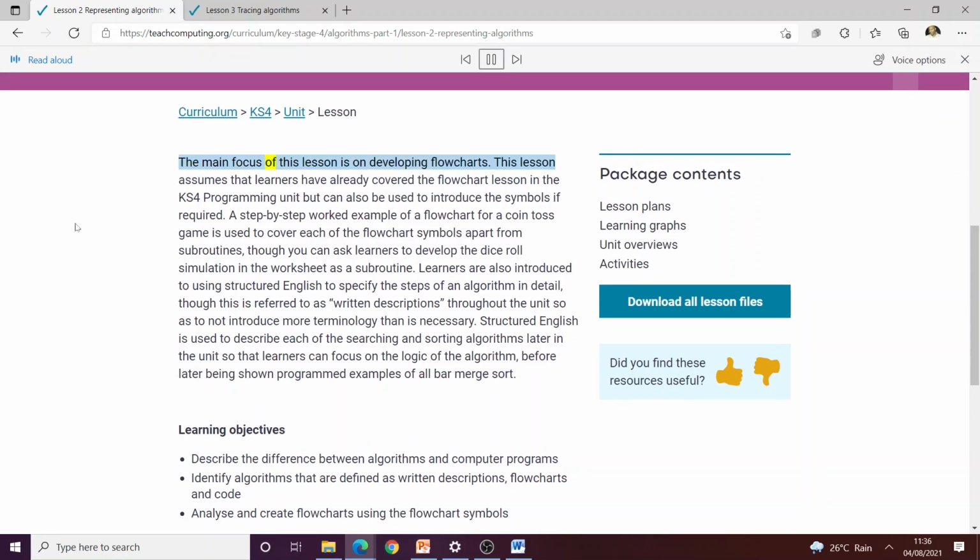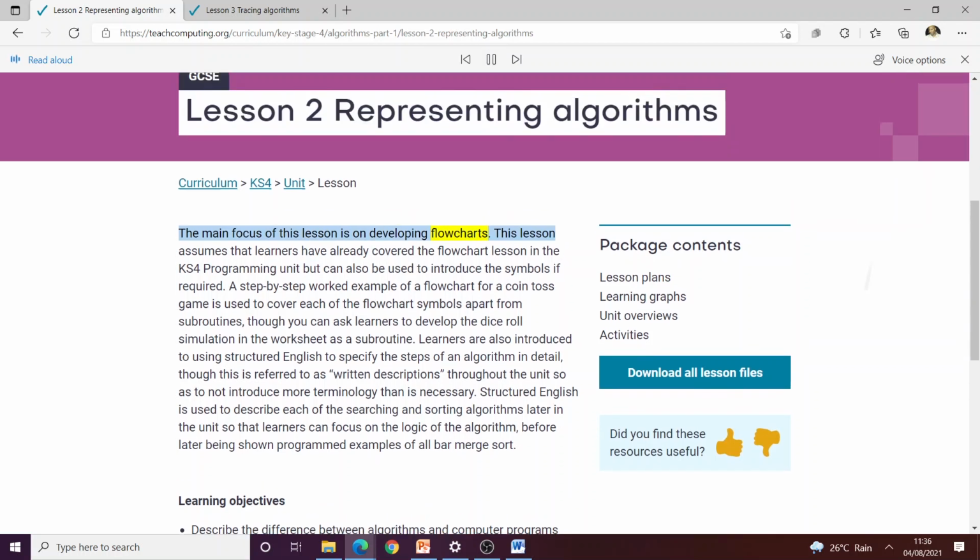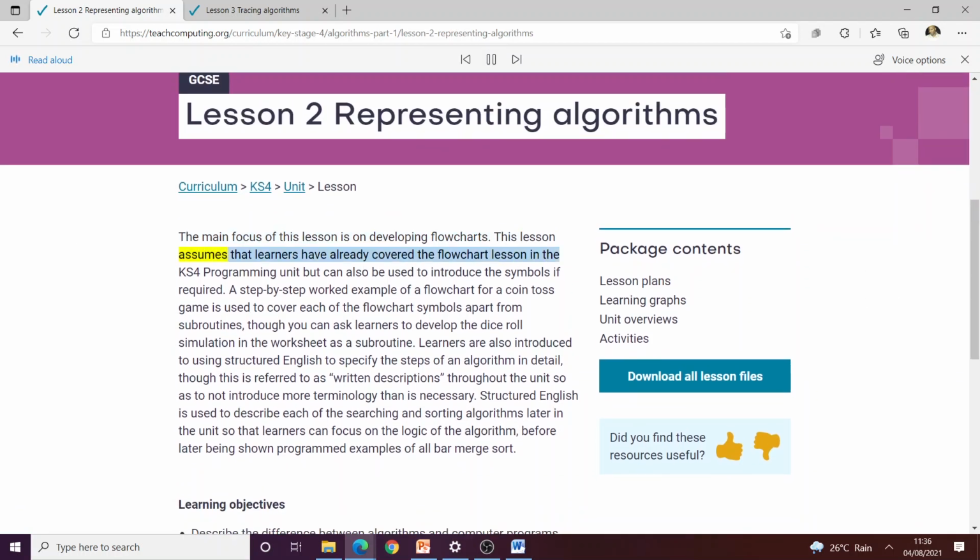The main focus of this lesson is on developing flowcharts. This lesson assumes that learners have already covered the flowchart lesson in the KS4 Programming unit, but can also be used to introduce the symbols if required. A step-by-step worked example of a flowchart for a coin toss game is used to cover each of the flowchart symbols apart from subroutines, though you can ask learners to develop the dice roll simulation in the worksheet as a